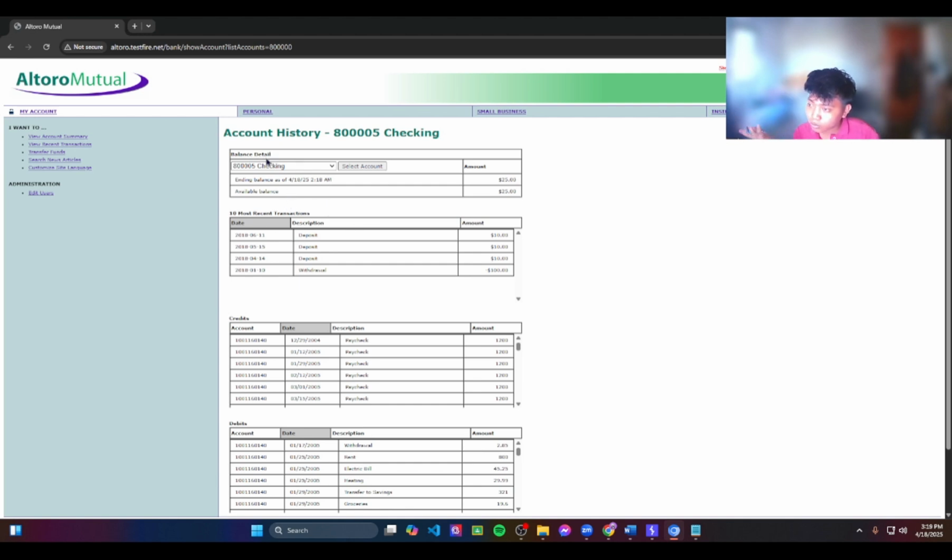And this is like this. It goes to 8,000,005 checking. And this way, hackers or attackers can access or modify the user's data, bank info, personal data. They can perform unauthorized actions, delete or update your bank account, or they can edit the deposit or withdrawal in Altoro. And how to prevent this?